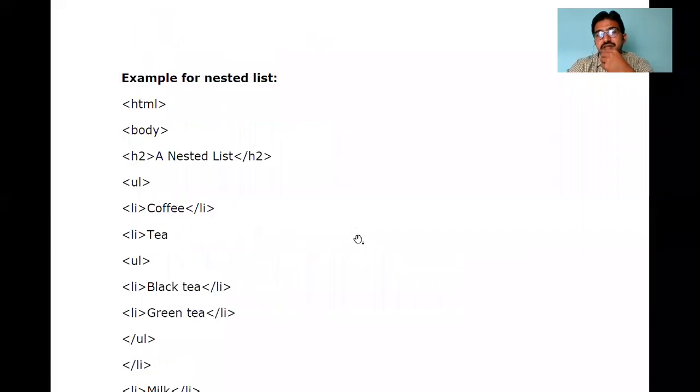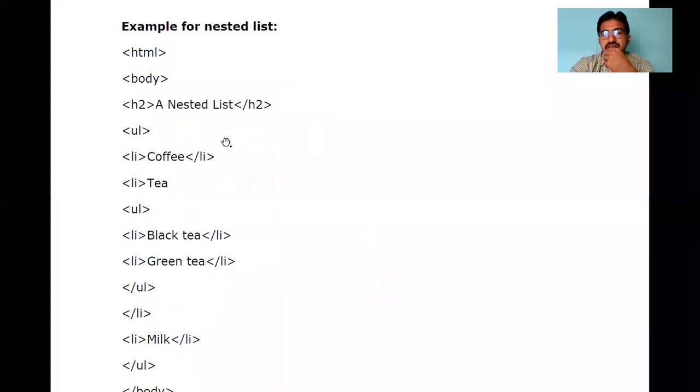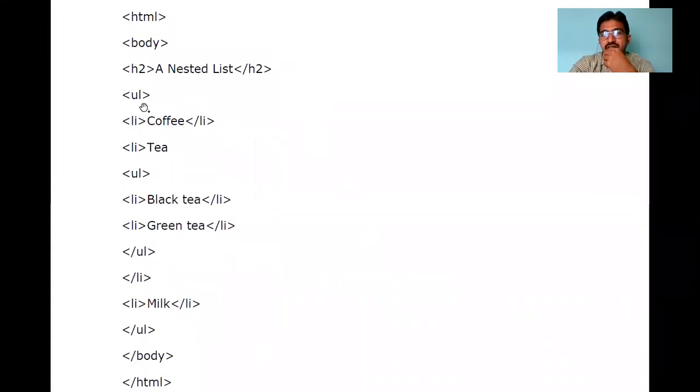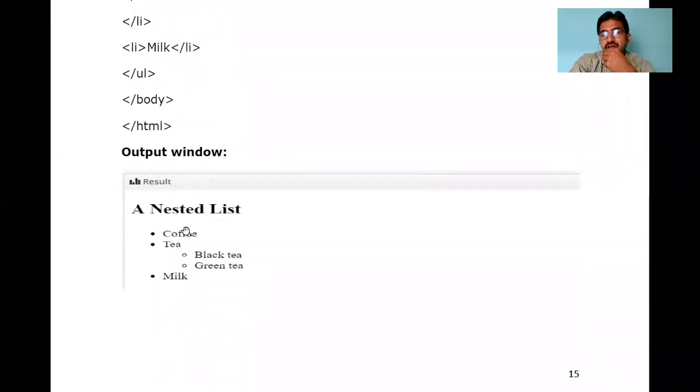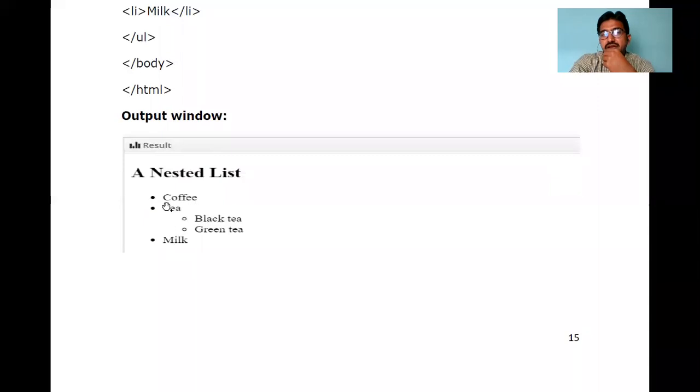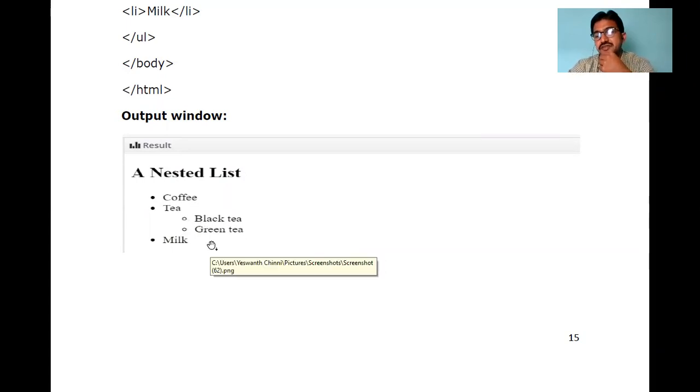Okay, clear? If you are using a nested list within the list, like you started with an unordered list, you have list items coffee, tea. Again, if you have another sub list over this, again you can use an unordered list. Which type of tea you like, black tea or green tea? Like this you can use, and milk. See, a nested list: coffee, tea, milk is the normal parent list. Again, tea consists of a nested list, black tea and green tea. If you want sub type of bullets, you can use nested list. Okay. So that's about